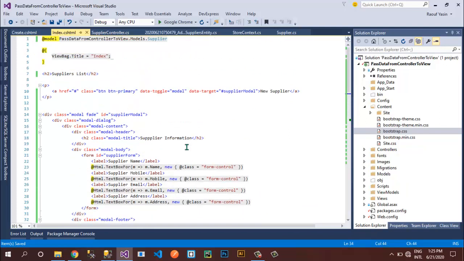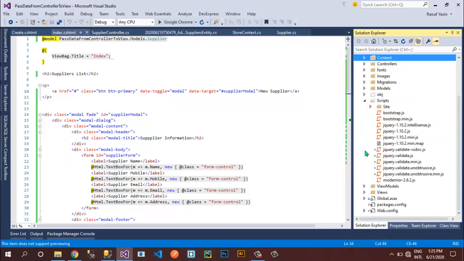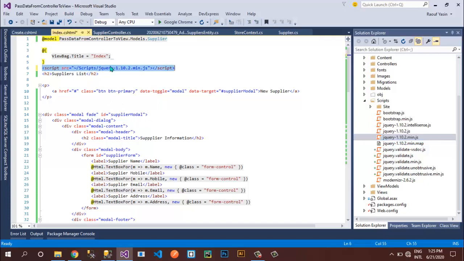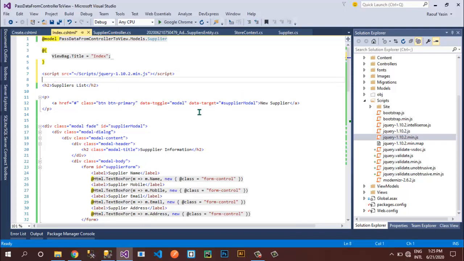Okay, so we need to use jQuery, and before using that we need to add the jQuery reference inside our page. So I'll go to my Scripts section, and we have this jquery min.js, and I'll drag it over here. Later on we will use bundling and minification, which will automatically do this stuff for us.